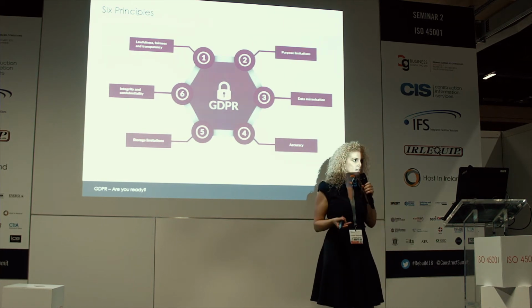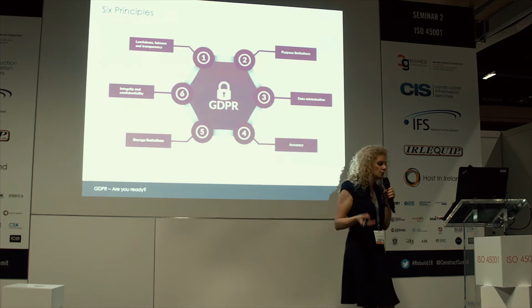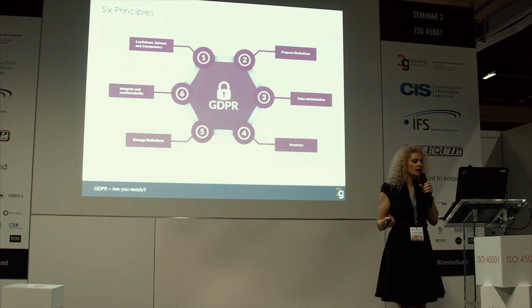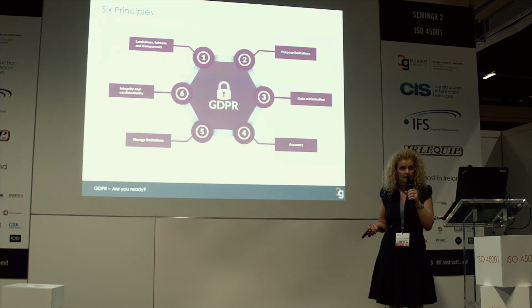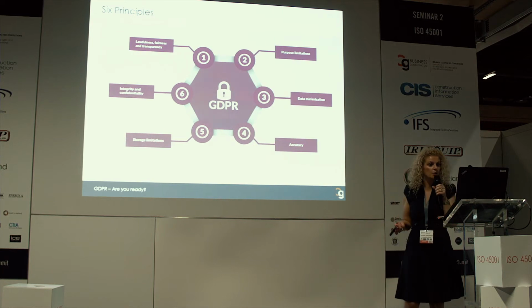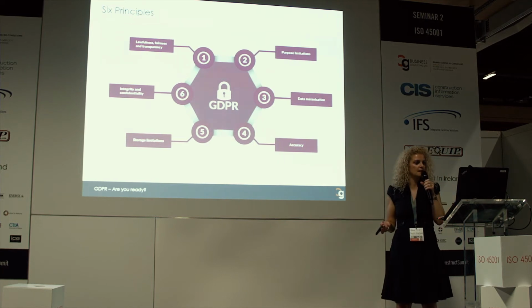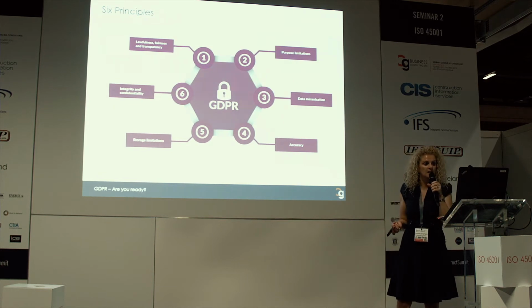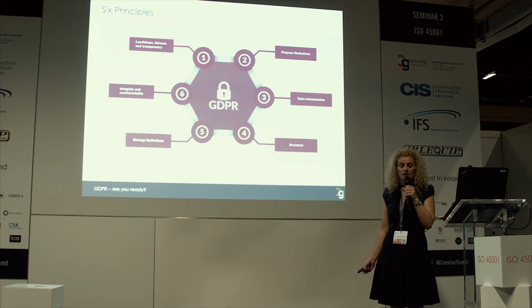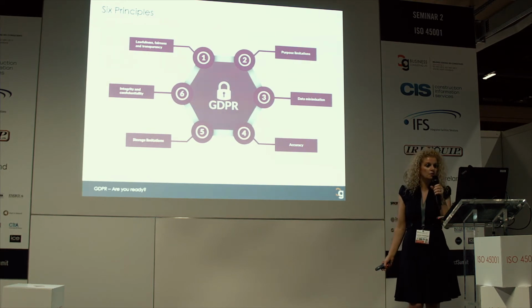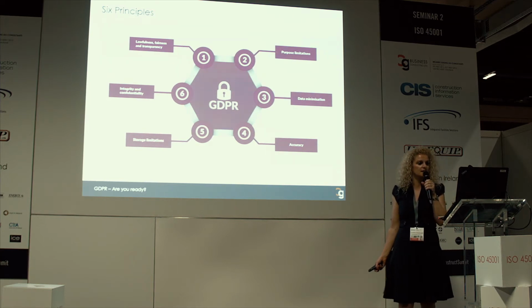So what they're trying to, I suppose, educate you on, using these 6 principles, is that you must obtain and process information fairly. Okay? You also need to keep it only for one or more specified, explicit and lawful purposes. You need to use and disclose it only in ways compatible with those purposes, and you have an obligation to make sure that that data is kept safe and secure. You also have a responsibility to make sure that that personal data is adequate, relevant, and not excessive.